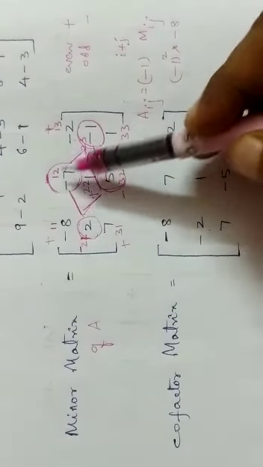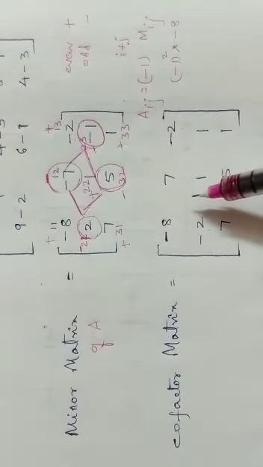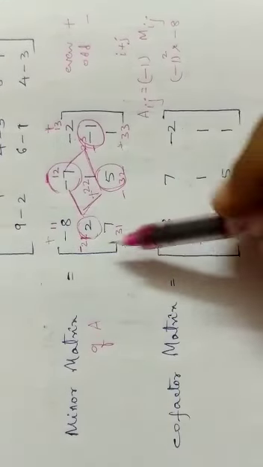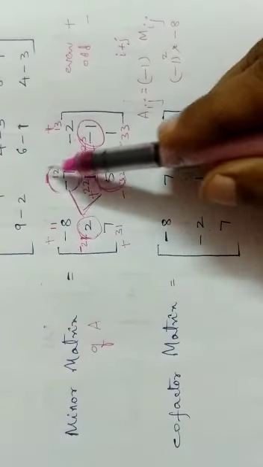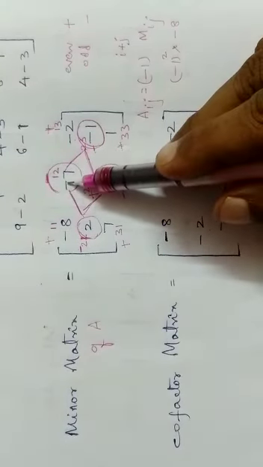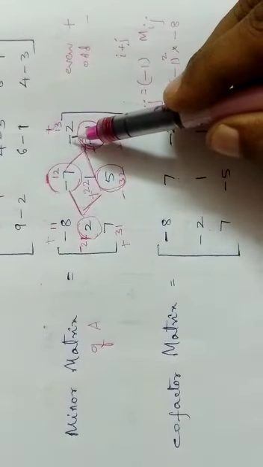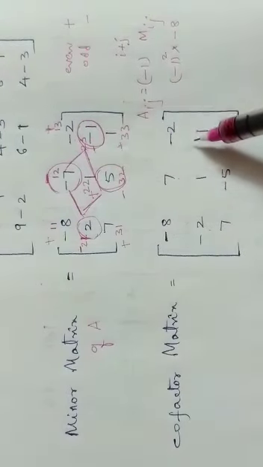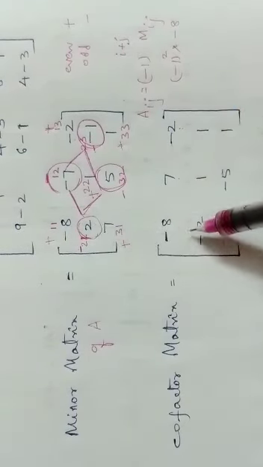Only the diamond shaped elements in the minor matrix will change their sign. Rest of the elements will have the same sign. Minus 8, minus 8. This is a diamond shape element, so it is plus 7. It is minus 7, so you have to take the minus symbol. Minus into minus, plus. This is not a diamond shape element. Only these four will change the signs. So this is plus 2, it becomes minus 2.